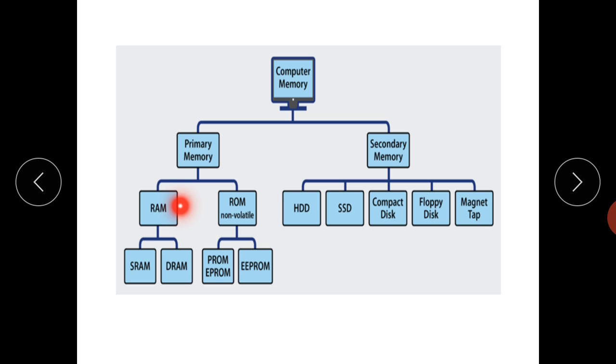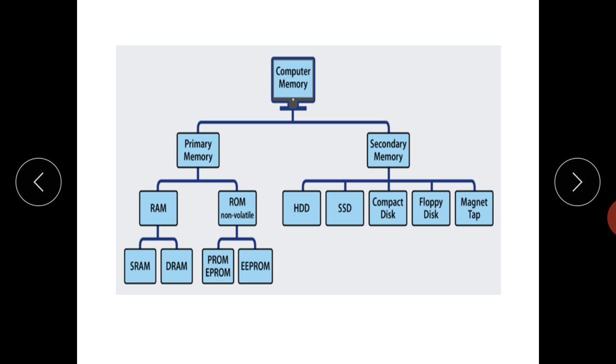RAM is random access memory and ROM is read only memory. RAM has two types: static RAM and dynamic RAM. ROM may be of three types, or more than three: PROM, EPROM, double EPROM. We will discuss it later